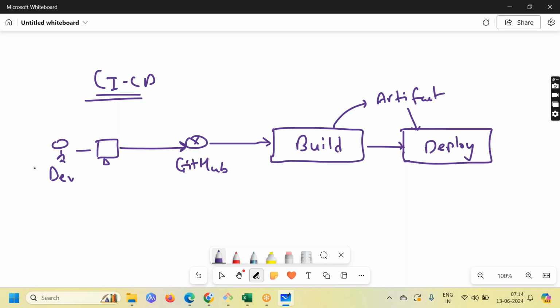For each commit, for each push from the developer, we would like to do this activity. That's what CI/CD is, what we are talking about here: continuous integration and continuous delivery or continuous deployment. So we would like to implement this particular scenario. And now in this case,